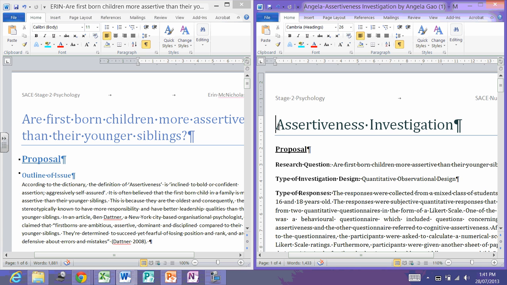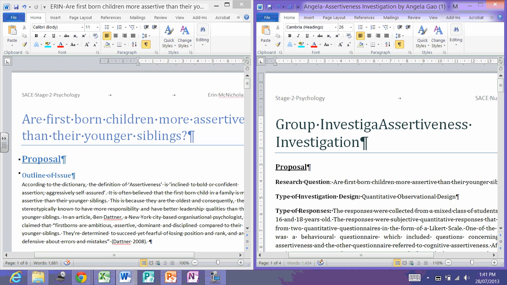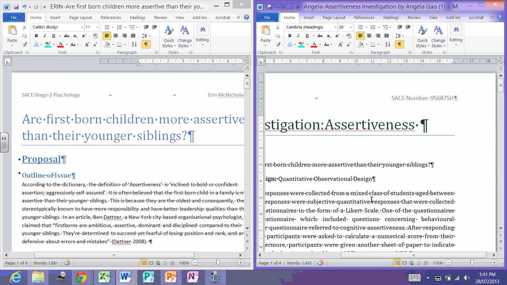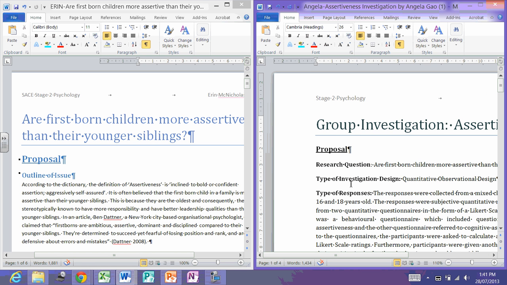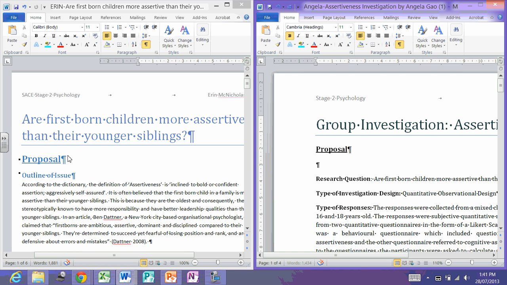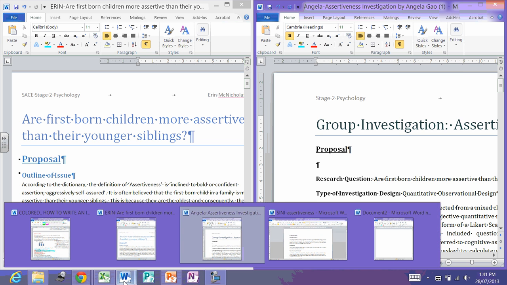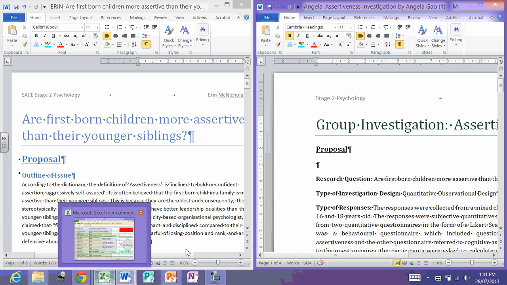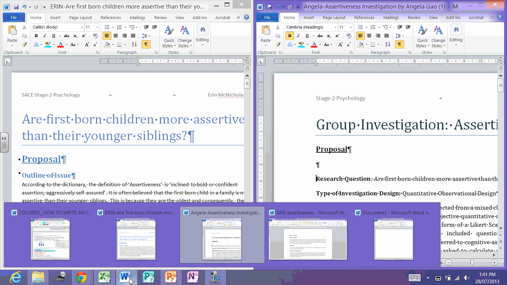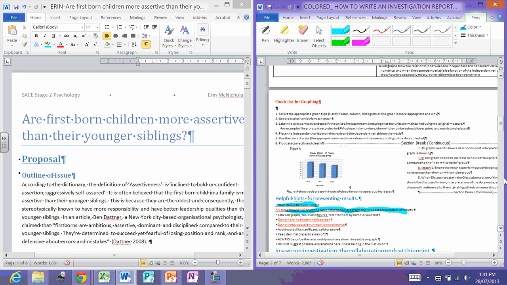So I'm writing here group investigation, colon, assertiveness. So what's happening here? Proposal, correct. Before the research question, I need to put the subject, the outline of the issue, which is lovely. I'm going to make the words less, but I want you to remember in this guidance,